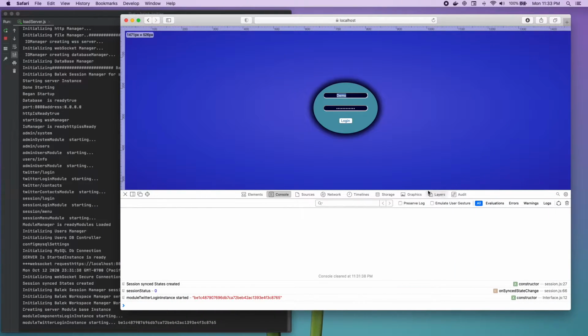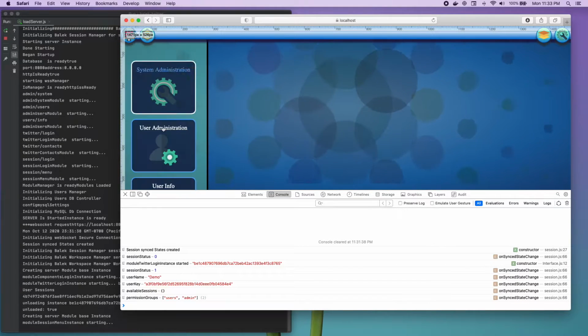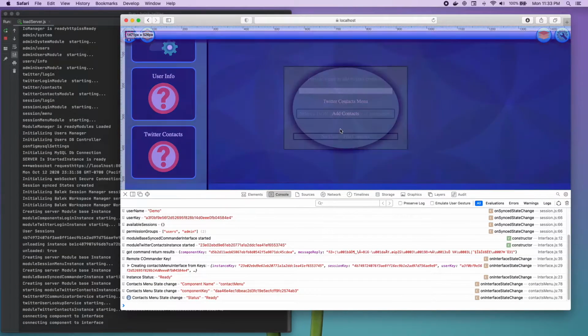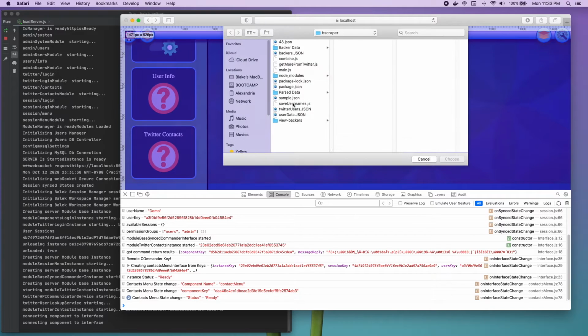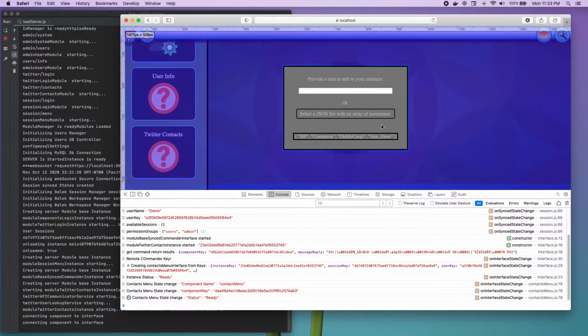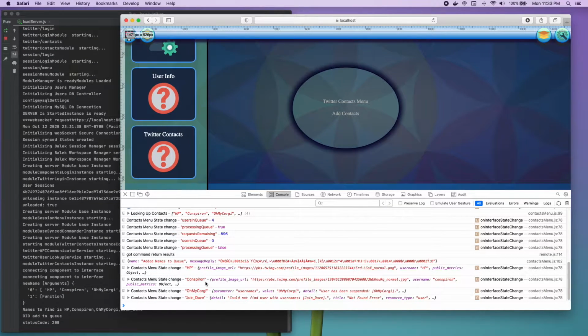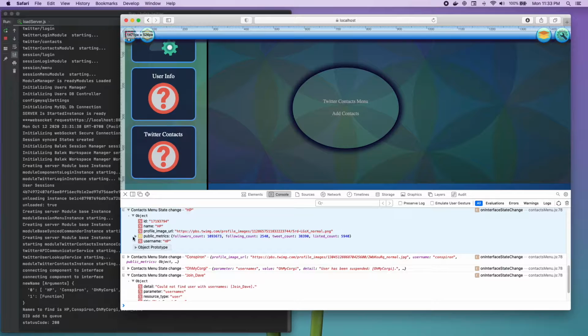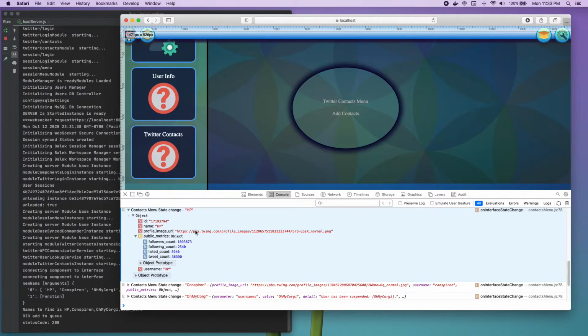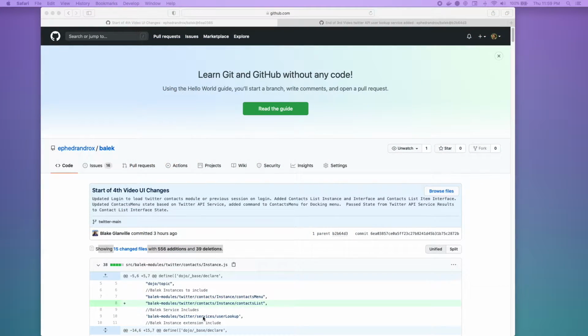In the last video, we saw how to use the Twitter API communicator to create a Twitter API service and use the input from our module interface to look up Twitter user information. In this video, we are going to cover how to add a database controller in order to save and retrieve our Twitter API results. But first, let's go over some changes I made to the repository since the end of